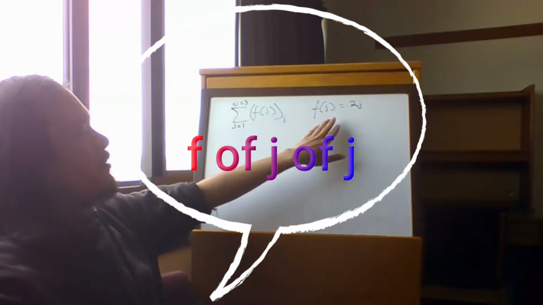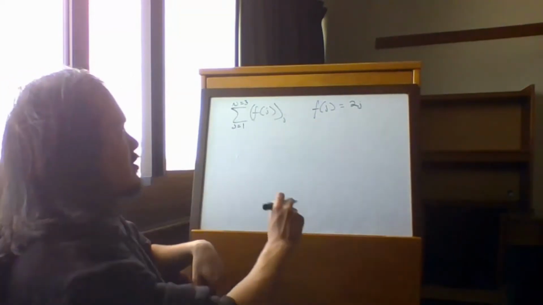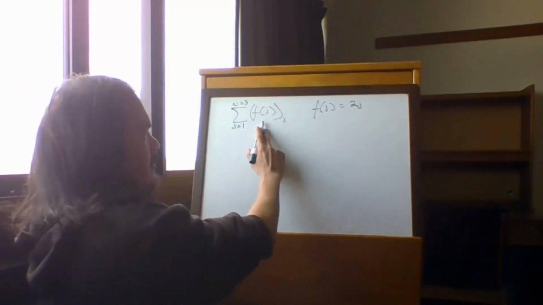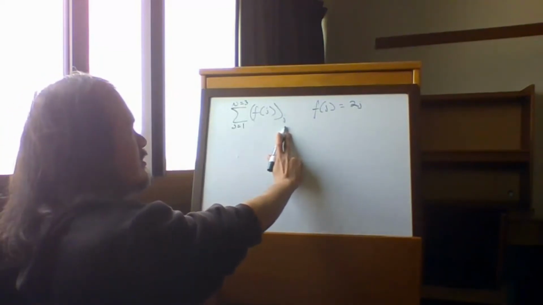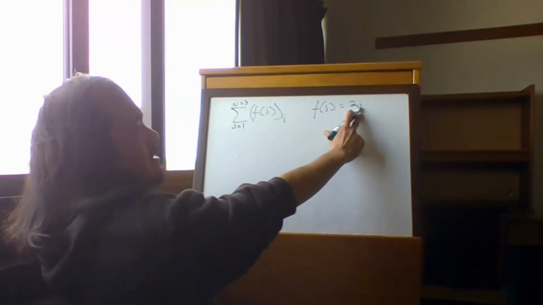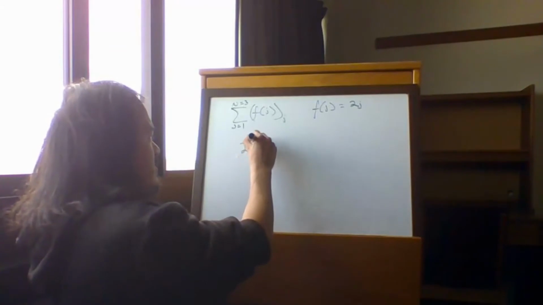Over here we have f of j is 2j. So when j equals 1, we have f of 1, and then f of j is 2 times 1. So I have 2 times 1